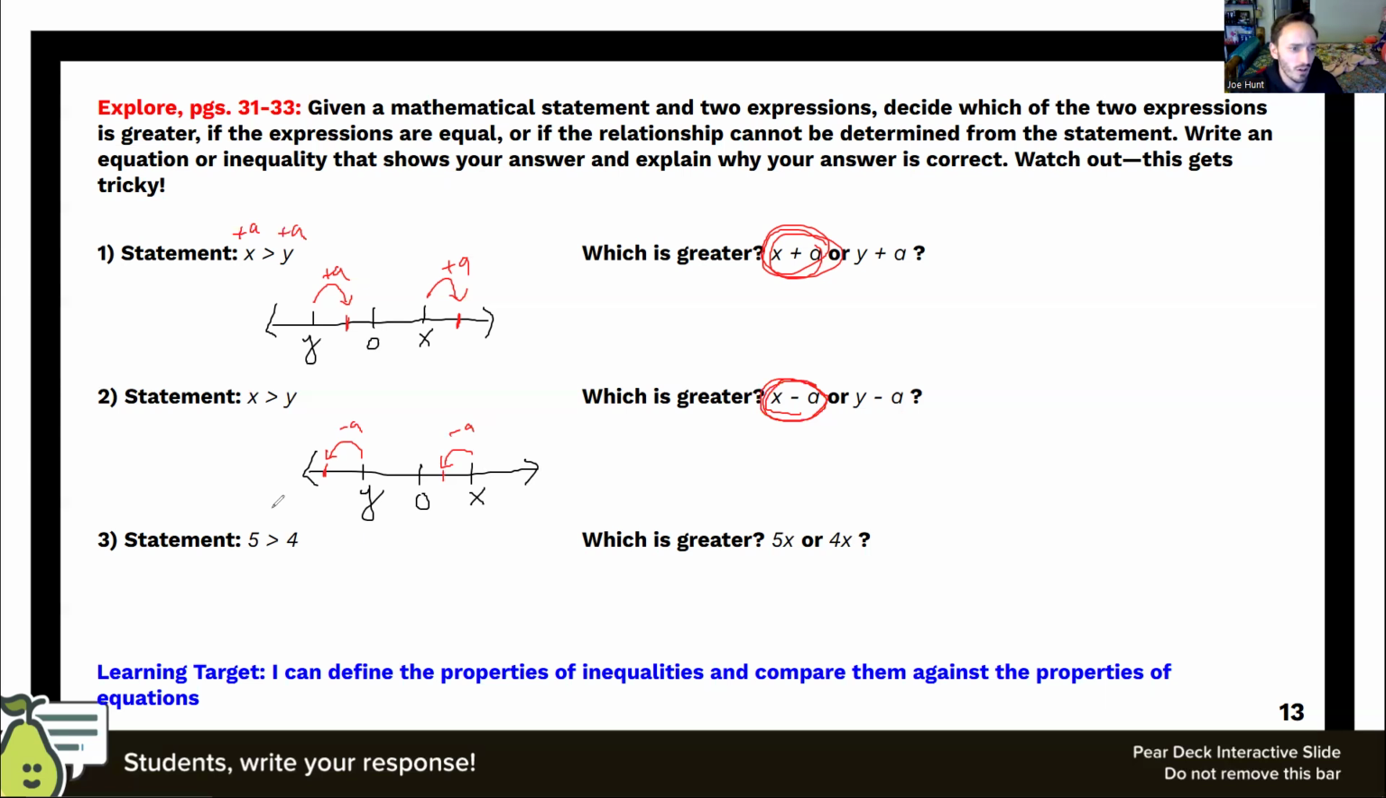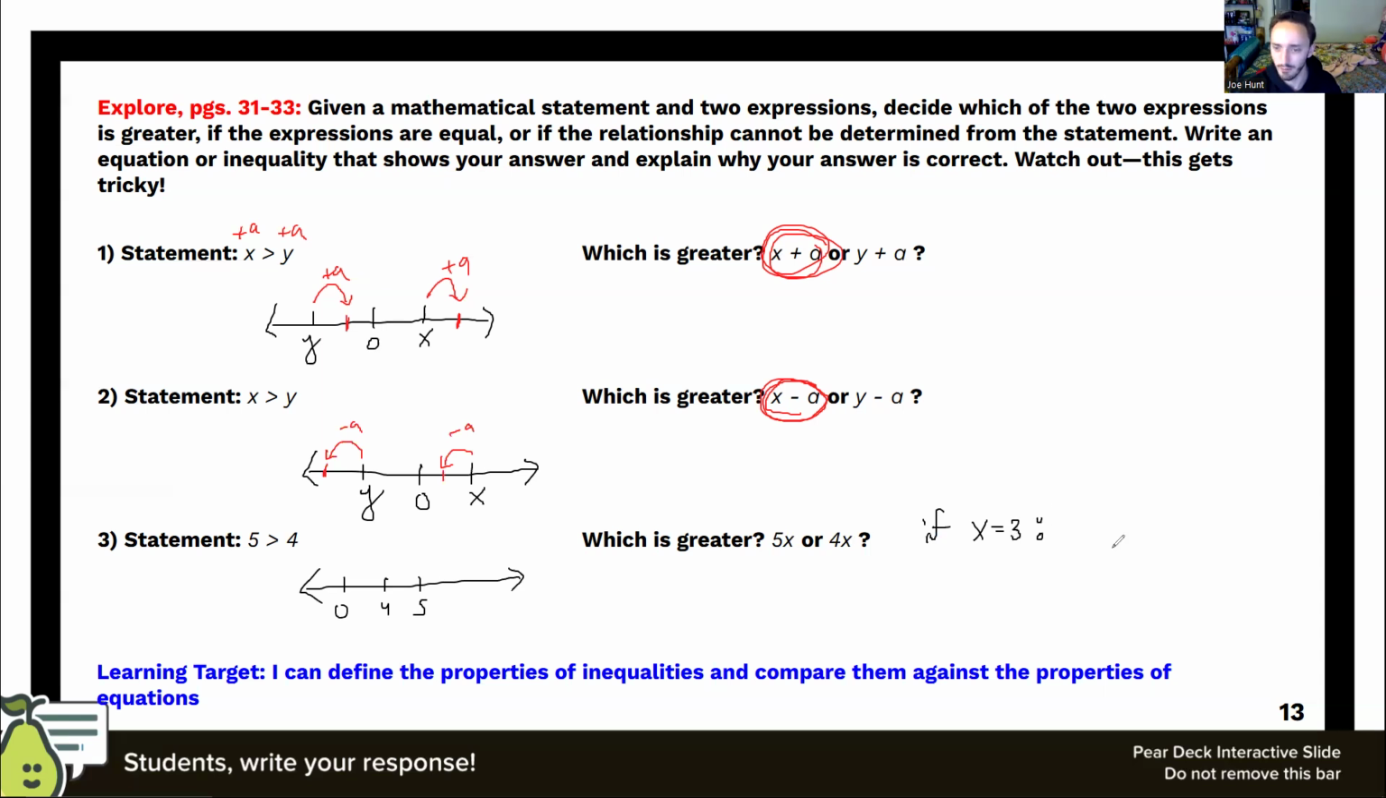Now, let's maybe start with a different setup. Let's say that we have actual concrete numbers, right? 5 is greater than 4. So on my real number line, I might mark out 4 and 5, but then I'm introducing something new: which is greater, 5 times x or 4 times x? Now, I've got to consider some of the possibilities for x. If x is a positive number, like say 3,